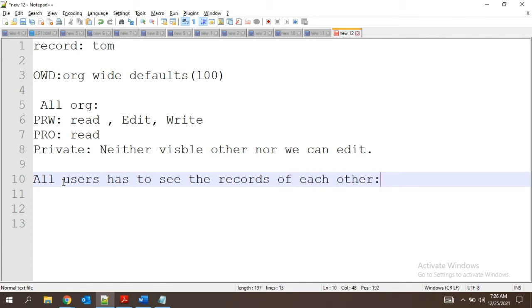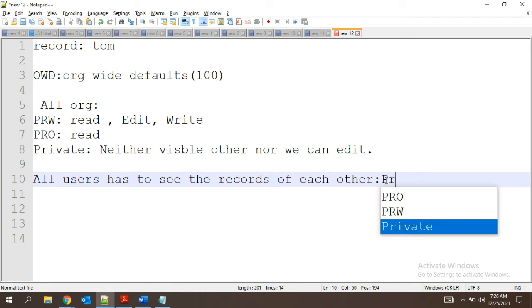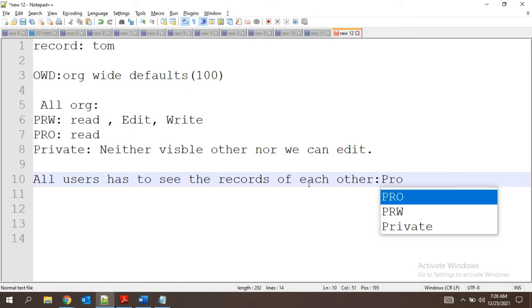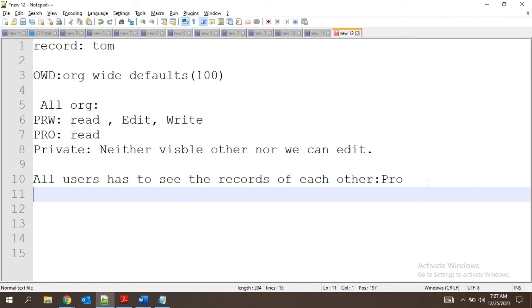So what is the answer for this? Public read only. Excellent. We should be very conscious in the class. I just said they have to see the records, but I did not mention that they have to do something on that. So this would be enough.